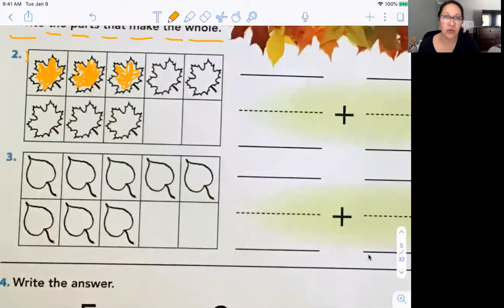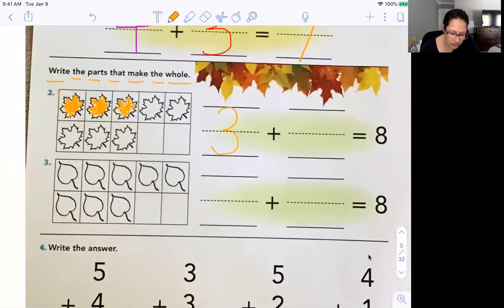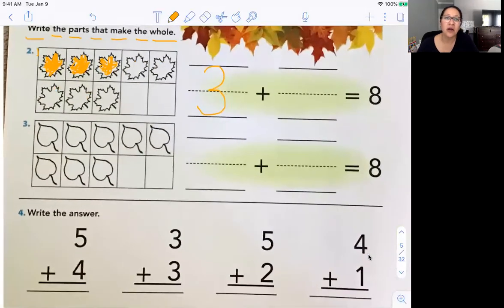So, do you see what I'm doing? I colored 3 of the leaves orange, right? Orange. So I'm going to write 3 right here. How many orange ones are there? There, 3 orange. And now I'm going to choose